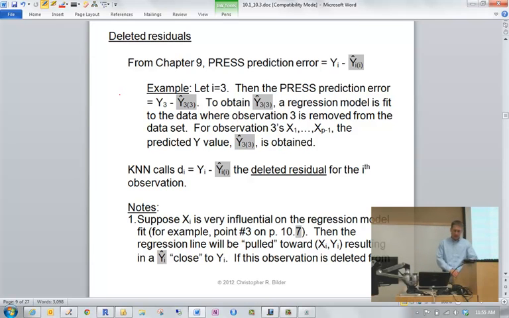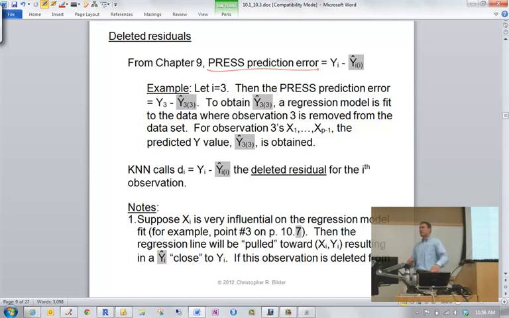That takes us to page 10. So we have studentized residuals, and now we're going to have something called studentized deleted residuals that are also going to be very helpful to us. And this is related to something that we saw back in Chapter 9. Remember, in Chapter 9, we looked at something called the